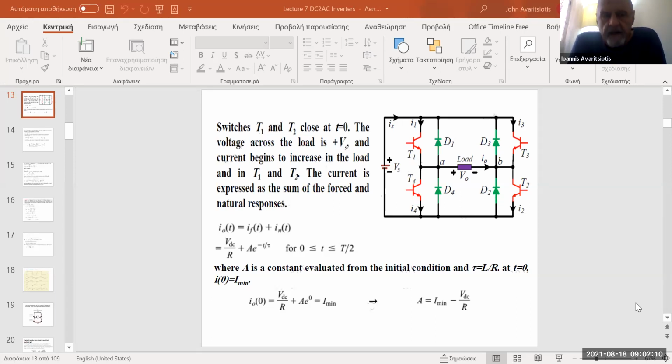And you remember the functionality of the 4 diodes, D1, D2, D3, and D4, which are shown here with green color, are there to protect our devices, our switches from over voltages, and also they are there in